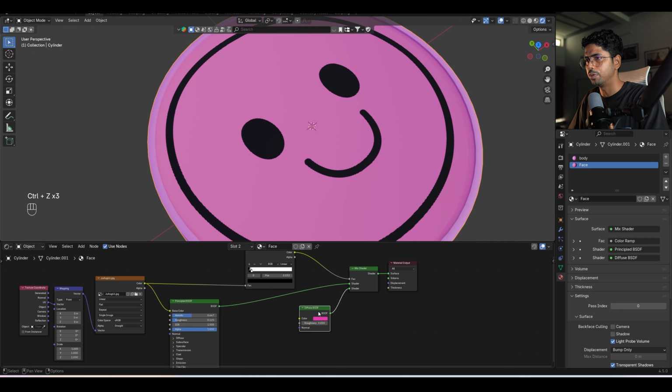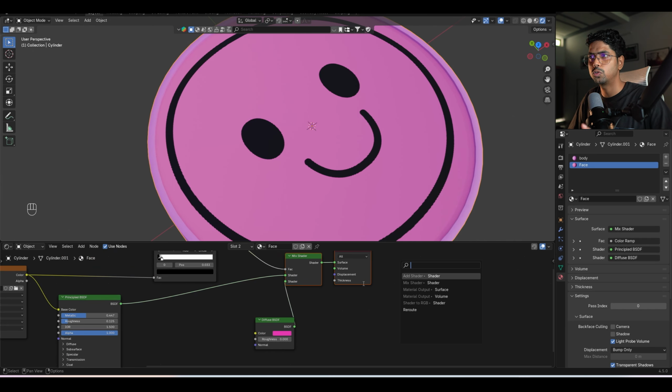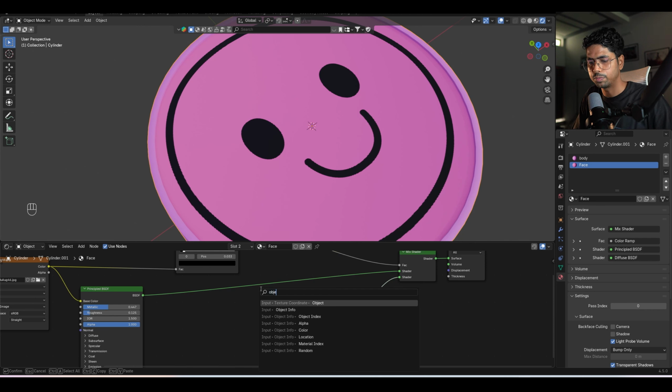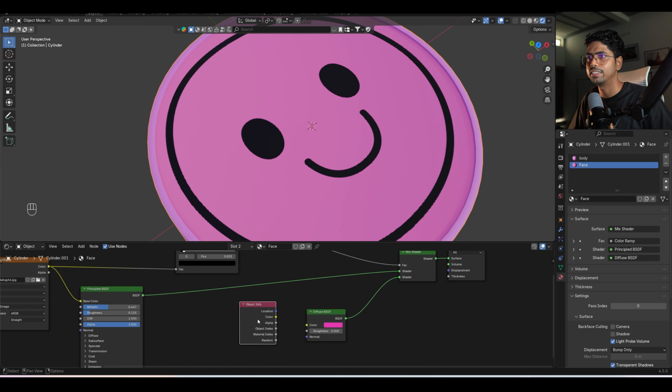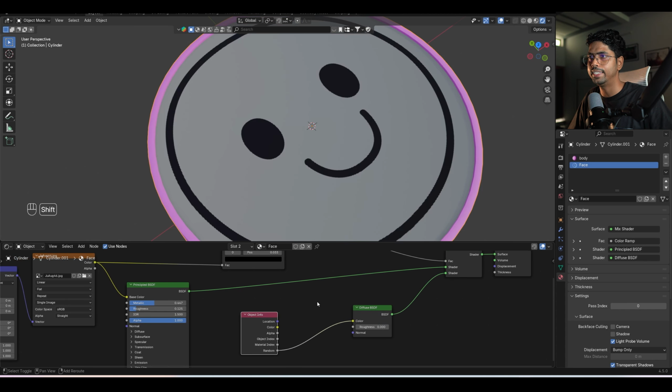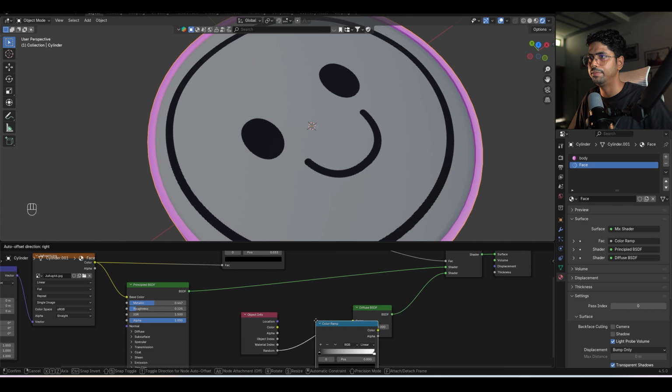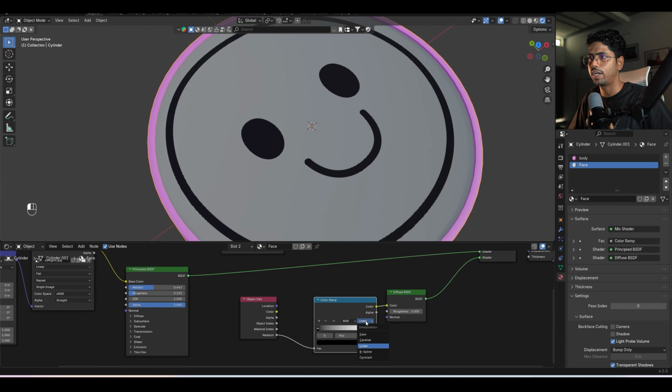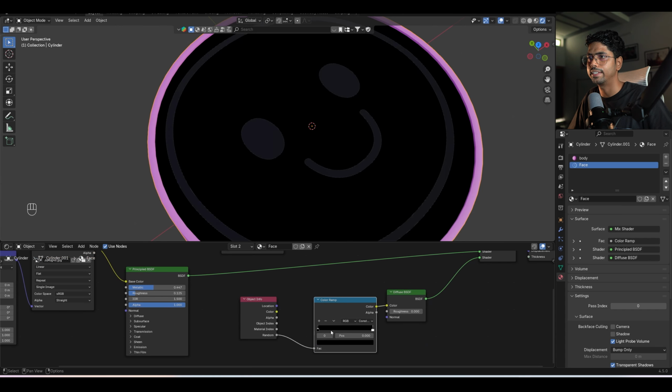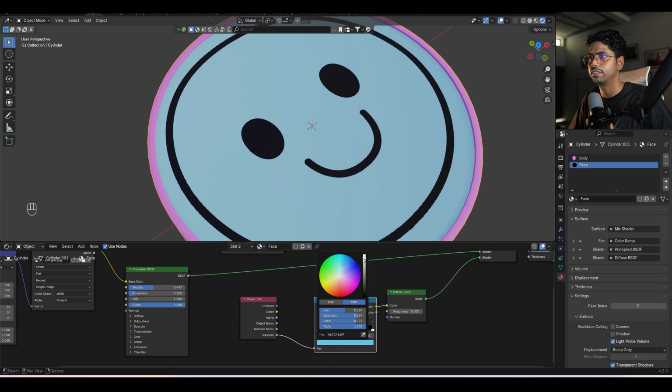So what I will do, I will simply use two more nodes. First node is the object info node, and this contains object related information here, and I'm going to use the random option into color, and here I will use a color ramp in between these two nodes, and now I can change this linear to constant, and I can press Ctrl and click a few more times like this, and I will click one at a time and I will try to change the color, something which is more peaceful color,